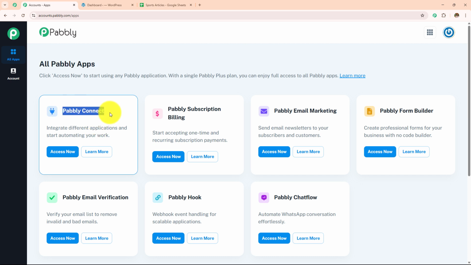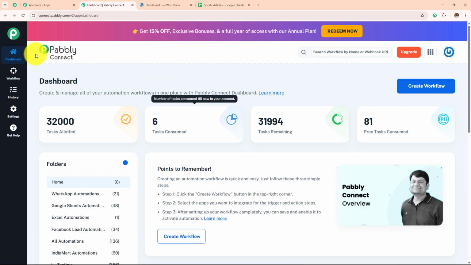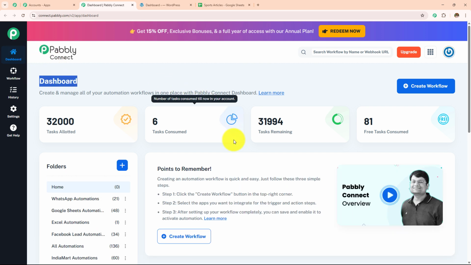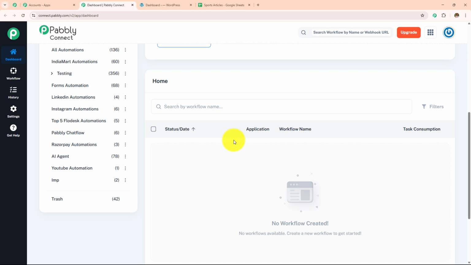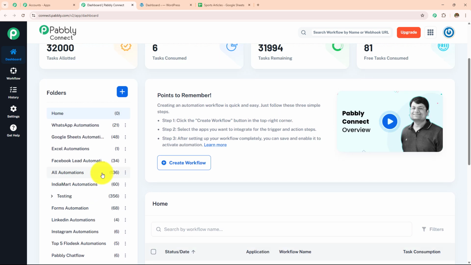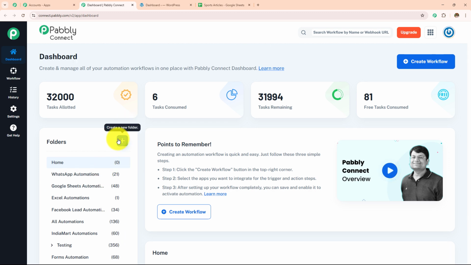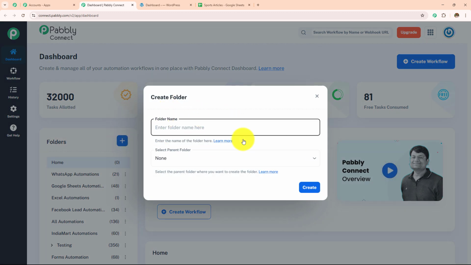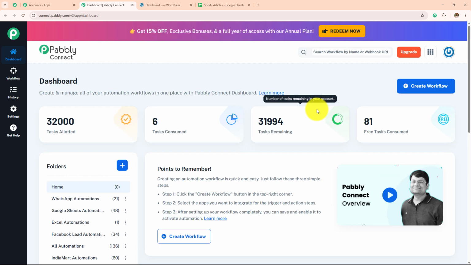I'm going to click on this Pabbly Connect Access Now. And it has taken me to this dashboard where I will be able to find all my workflows and all the folders which I've created. Now if you want to create a new folder, simply click on this plus icon, and from here you can create a new folder. For now, I want to create a new workflow, for which I need to click on